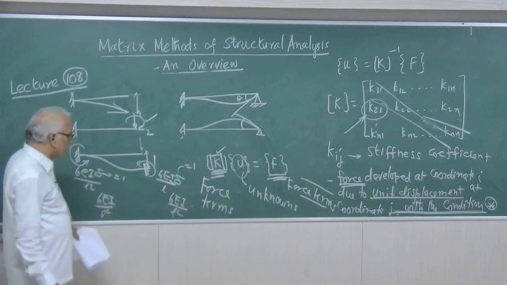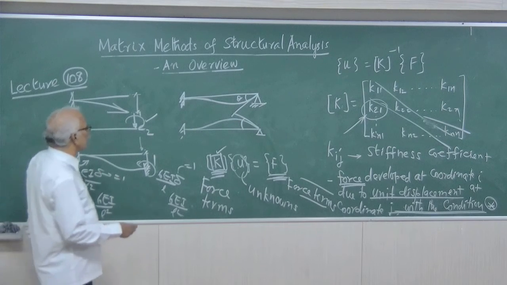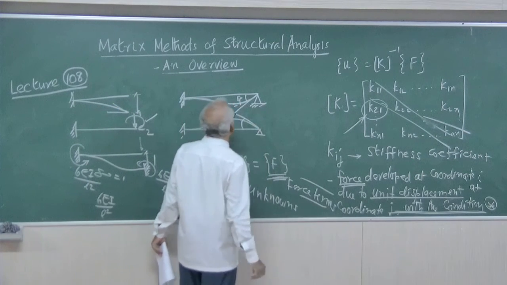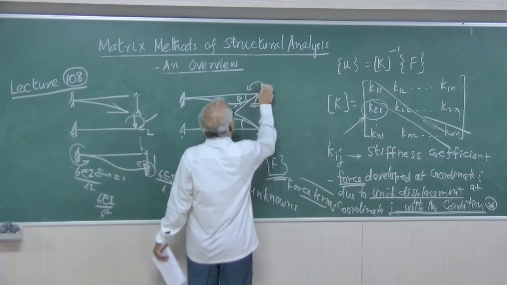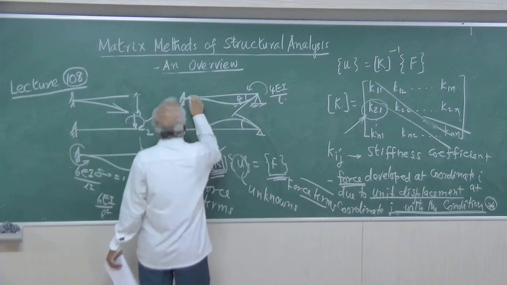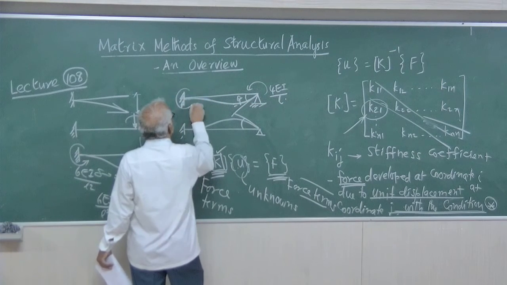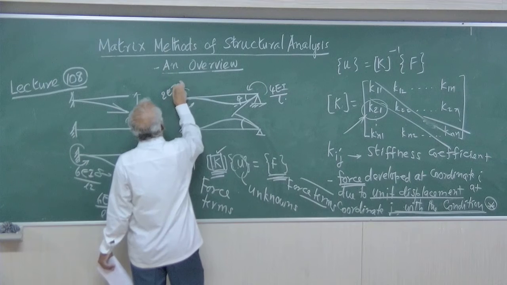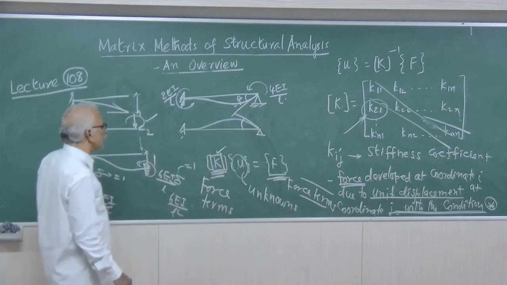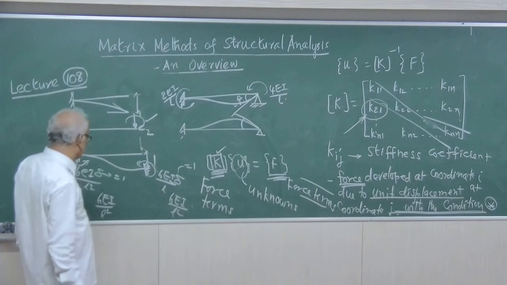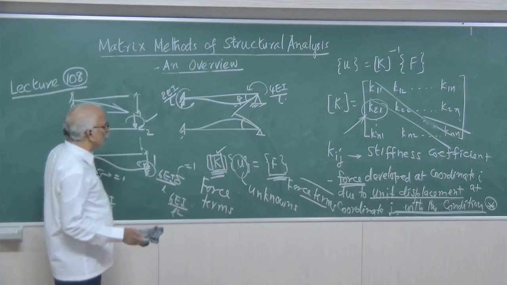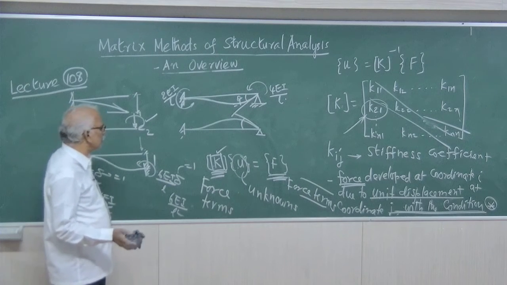So that is the meaning of you have to allow only one displacement at a time. Now, when theta equals unity, when you allow unit rotation, you know the moment that is required is 4EI by L, and the moment that is carried over here is 2EI by L. These are all basics. From this you have to calculate the forces. So when there are two coordinates, the size of the matrix will be 2 by 2.